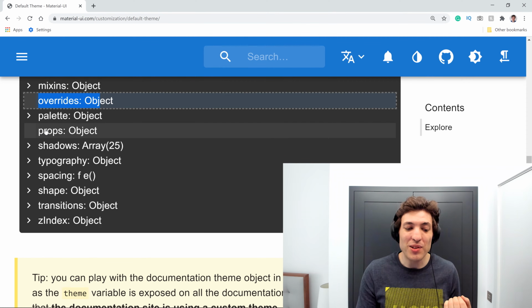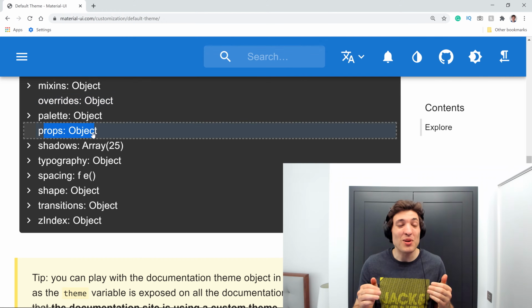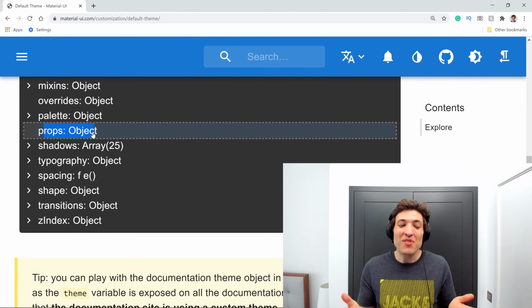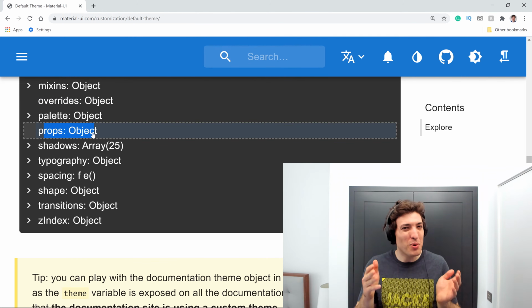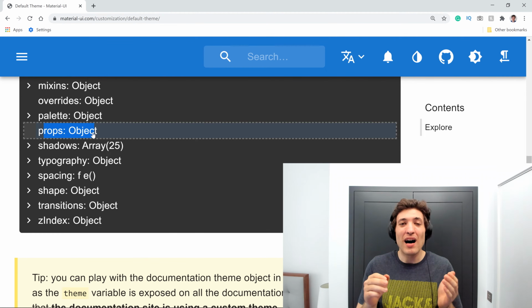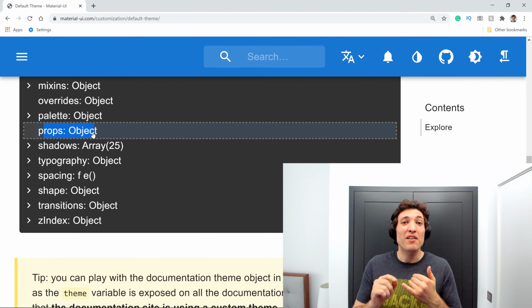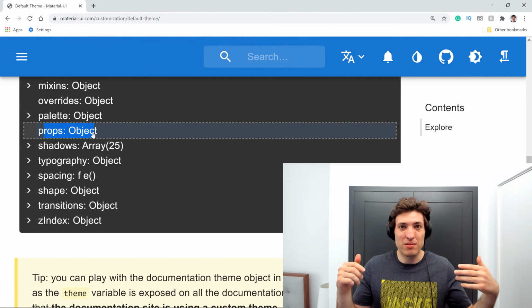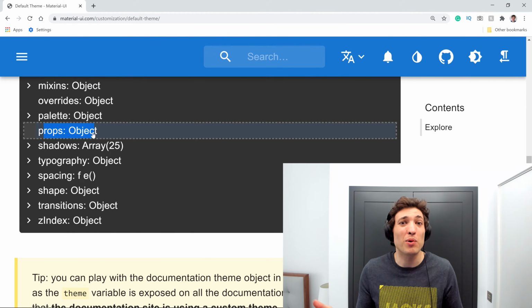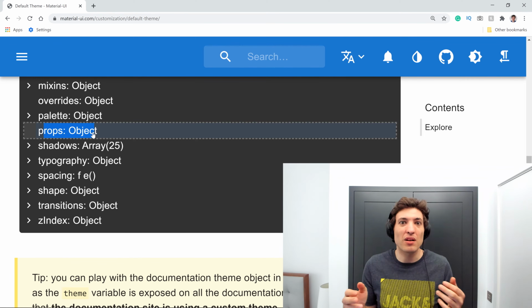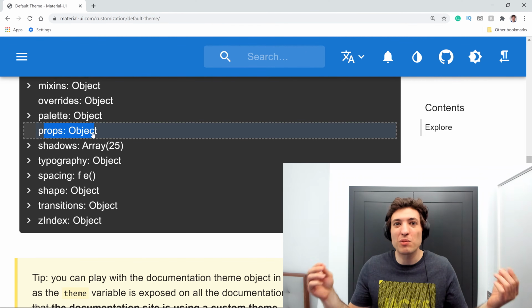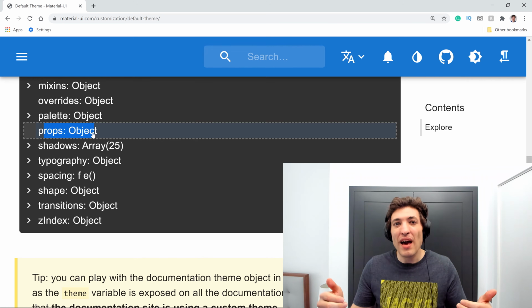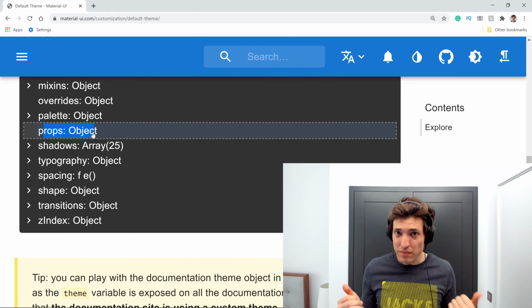Then you can also use props, and this is another one I really love. If you watch my previous videos, you probably noticed that in buttons, I was always passing the variant as contained and the color as primary. And that works really great if you are in a simple demo. But imagine that in your application you need to have 100 or 200 buttons. Having to pass that every single time to all the components can become a bit tedious, right?